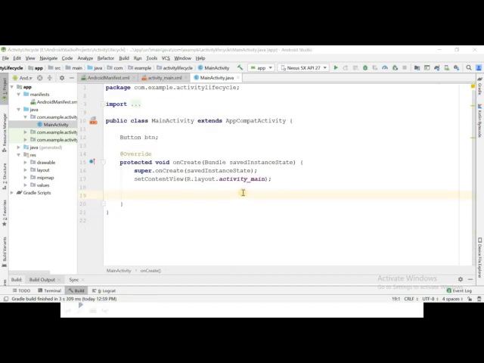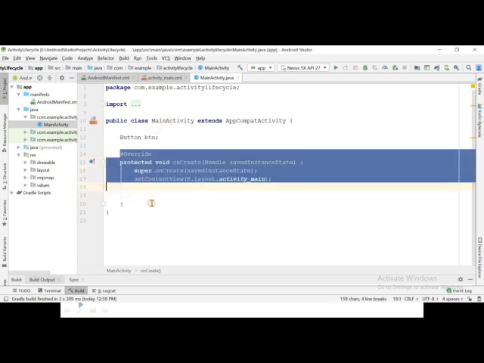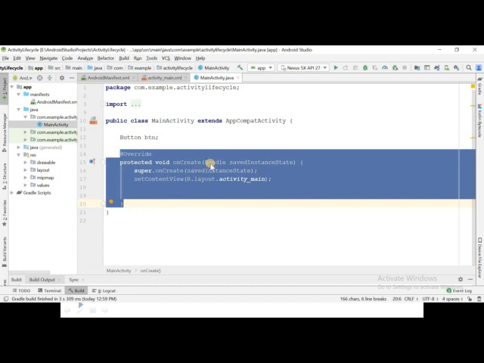Let's take a look at a practical example of how the states of an activity go from one state to another. When you create an activity, the source code file contains this class with the activity name, and it already has the onCreate method overridden.